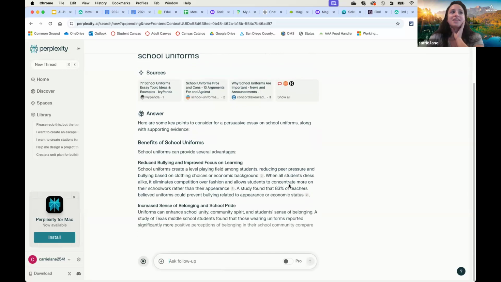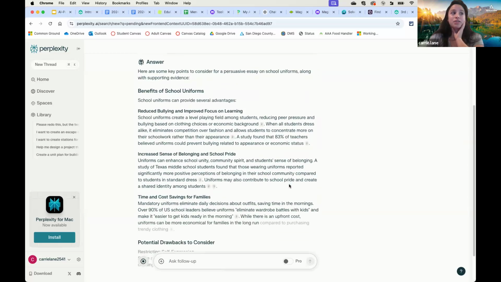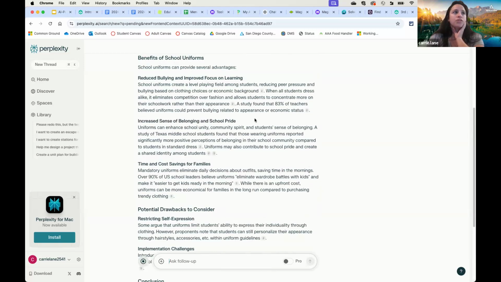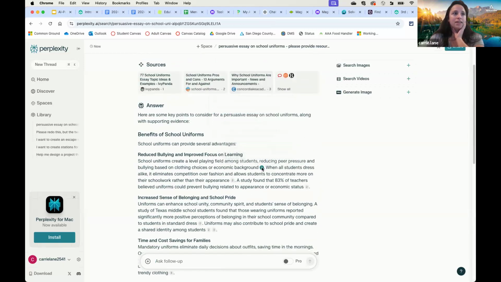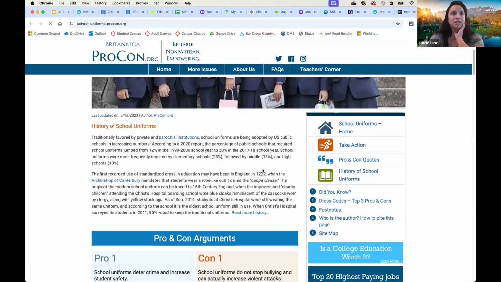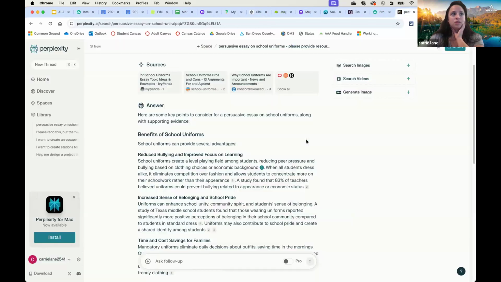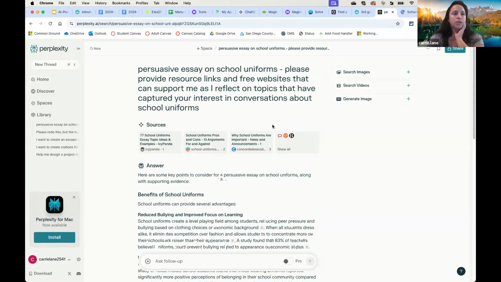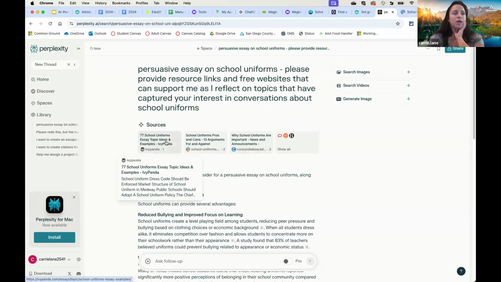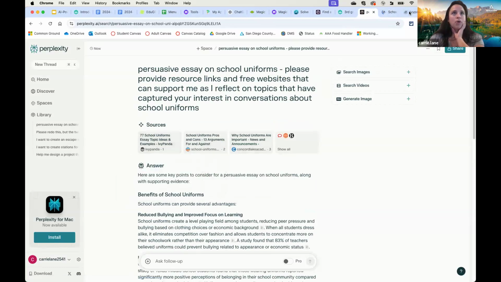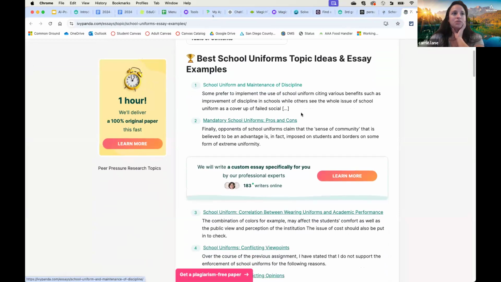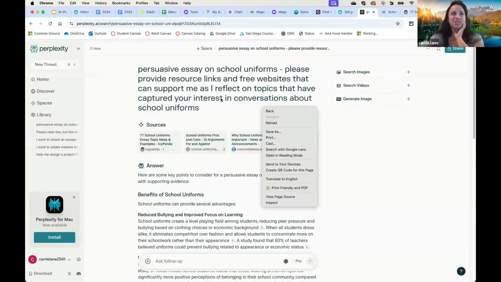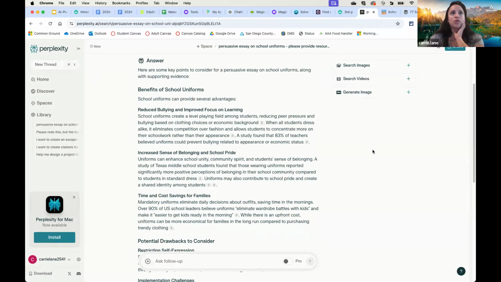Okay, and so now because this is generative AI, it is going to write some things for me, but it's also going to provide links to different resources that the students can use. And so that is something that I do like about Perplexity. And so if you click up here into the sources, you can open up all the different sources that it gives you to see whether they're reliable sources, whether you want to use them. You can also put in there things like, please only provide academic sources, things like that.